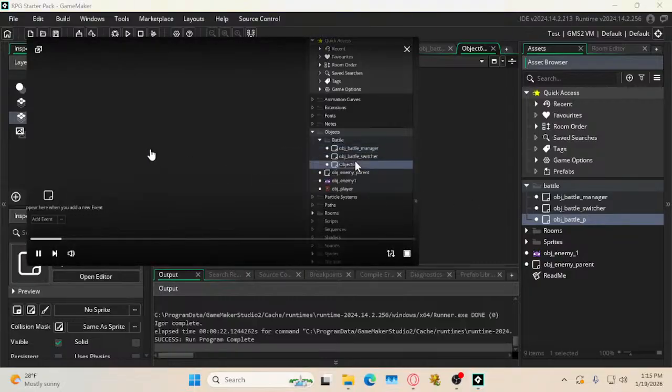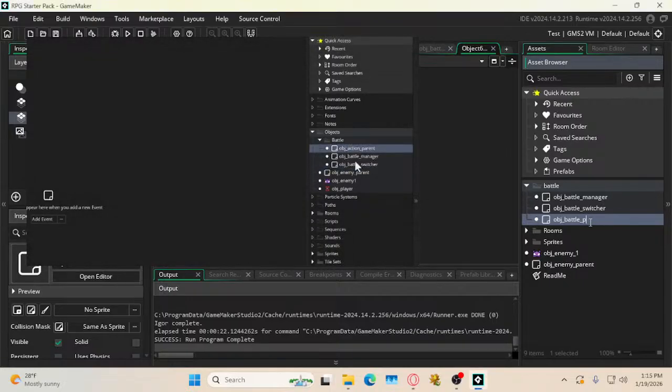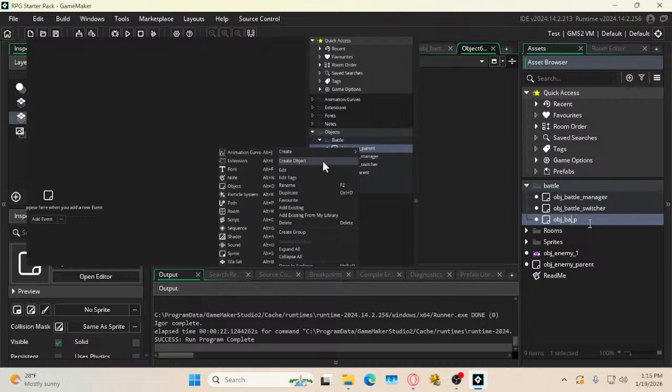An object called OBJ action parent. Then I'll go and make 3 more objects. First of all,